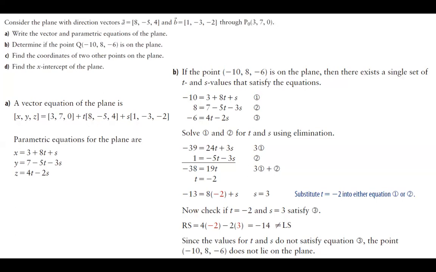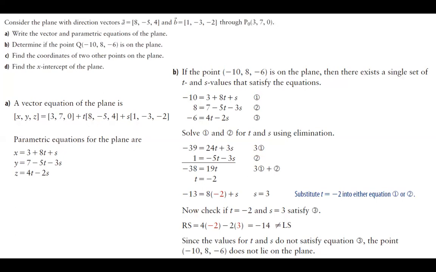First of all, solve 1 and 2 for t and s using elimination. Two unknown quantities, two equations, that gives us a solution, right? So that gives us t equals -2 and s equals 3. So now let's check if t equals -2 and s equals 3 satisfy equation number 3 or not. You can substitute these two values into equation number 3 and then find the right side equals -14, which is not equal to the left side,